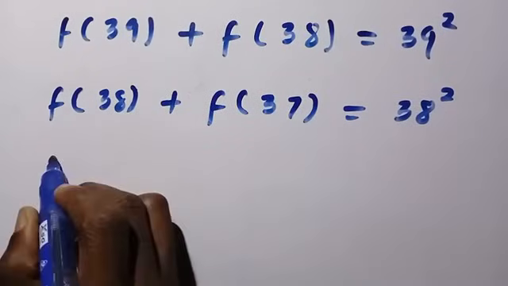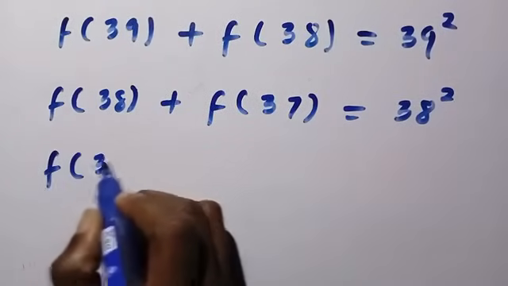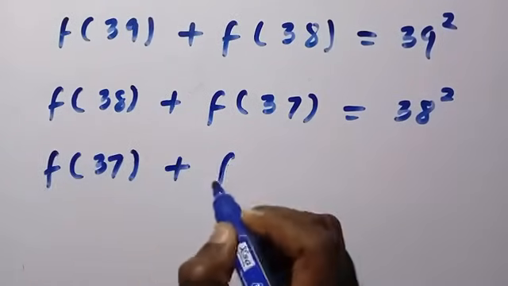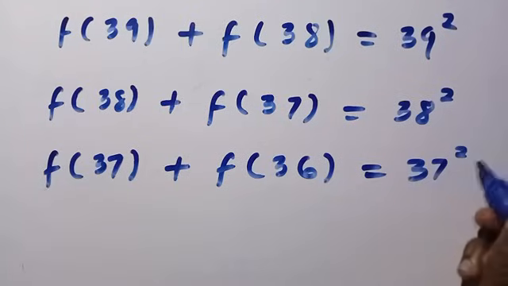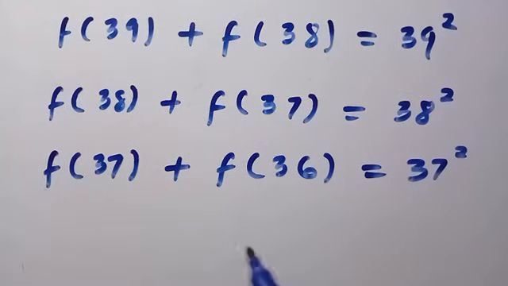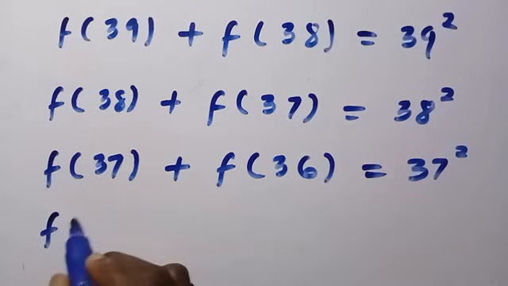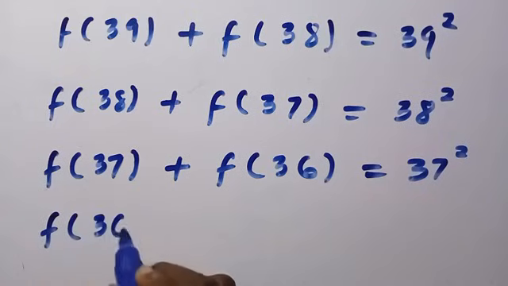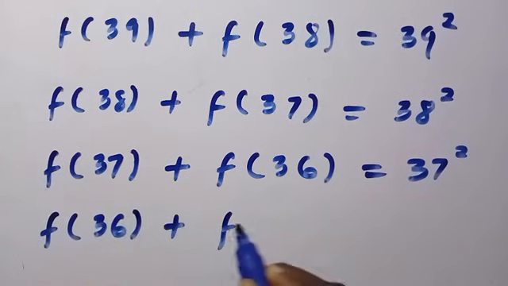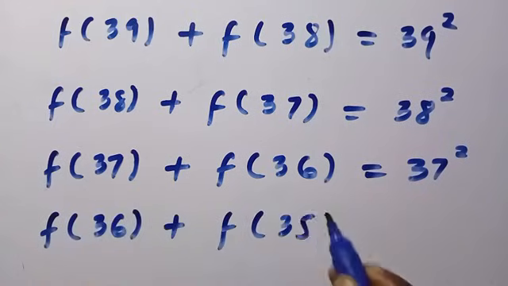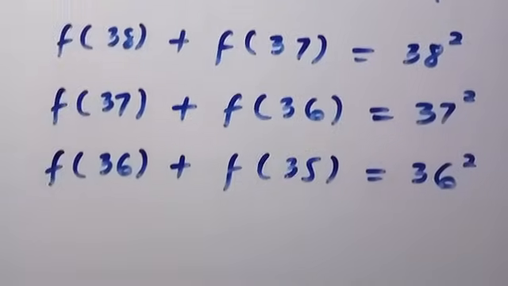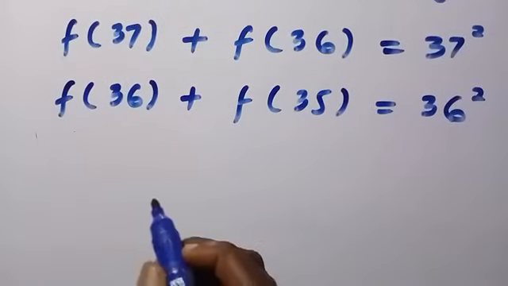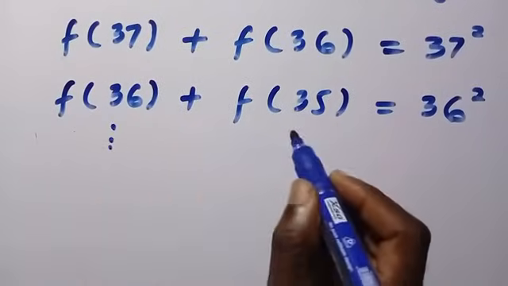Let's consider two more. f(37) + f(36) = 37². And again, f(36) + f(35) = 36². This is how we continue until we reach f(11). So when we continue like that,